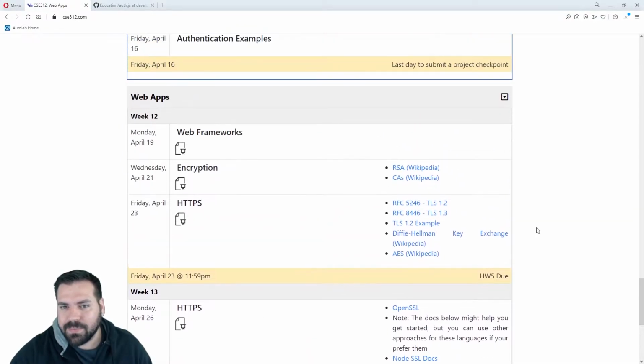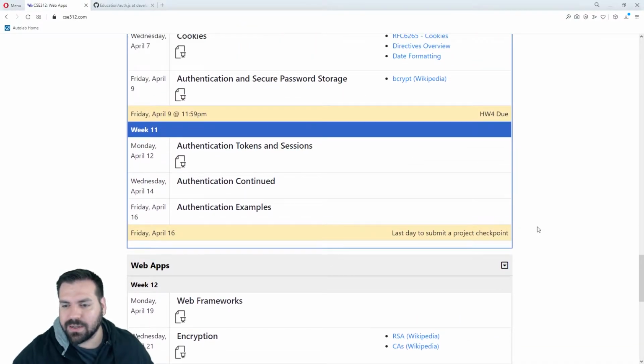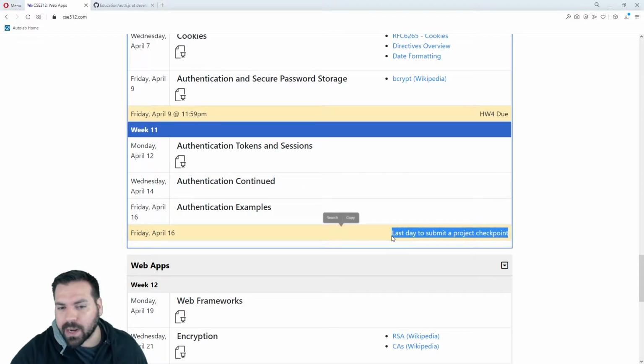So that's scary. The security issue is scary. If you have a security vulnerability, I'm reserving the right to go all the way to a 0 on the project and the entire project for your entire team. So the way to mitigate that, and what's designed into the class, is the checkpoints. What I recommend is by this checkpoint, which is,